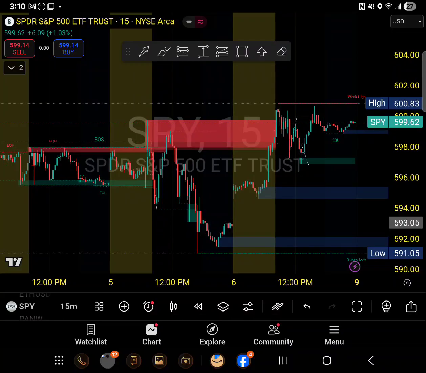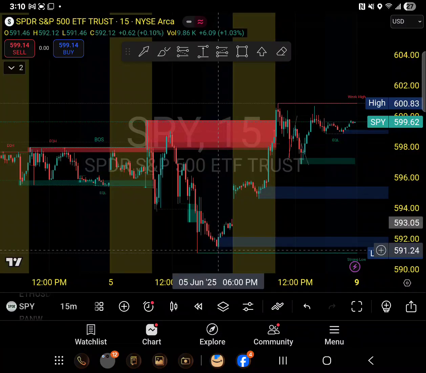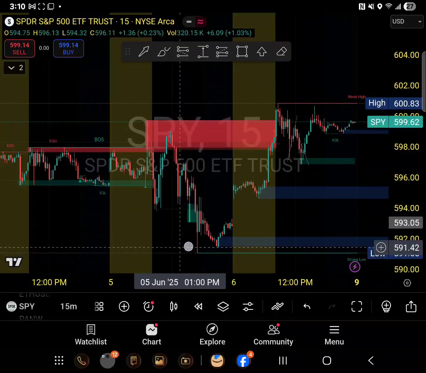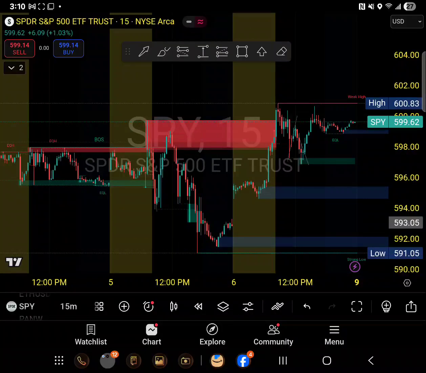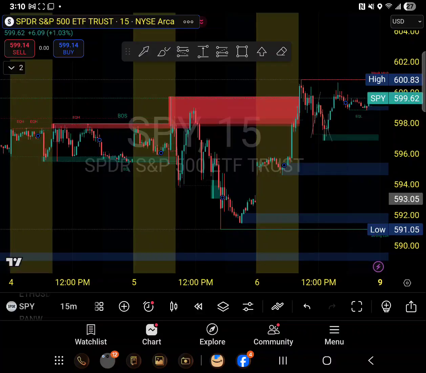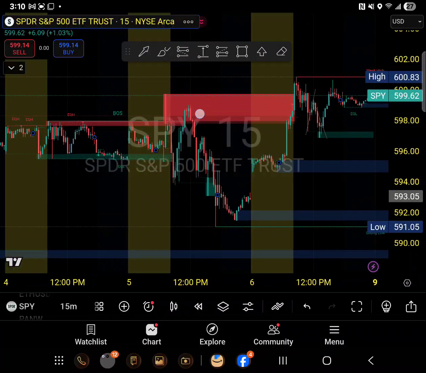If you look into the market, the day before we see a straight V-shape selling up to here. And why up to here? Let me show you. If you look at this particular point, which is 591, do we have any kind of support in the past? Because this volume was a crazy volume.